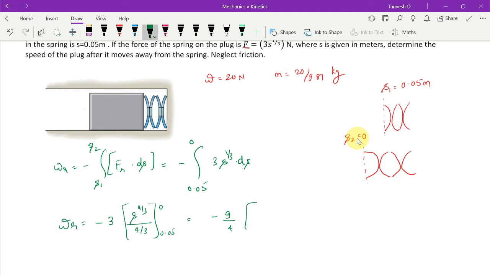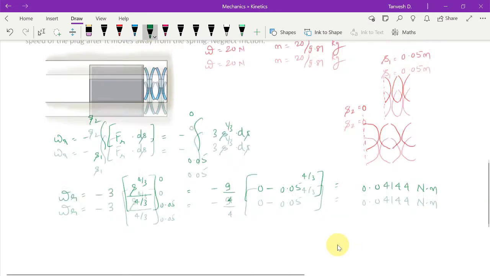into, this would be 0 minus 0.05 raised to 4 by 3. So you will get this work as positive, which is 0.04144 Newton meters, right? So this is 0.04144 Newton meters,